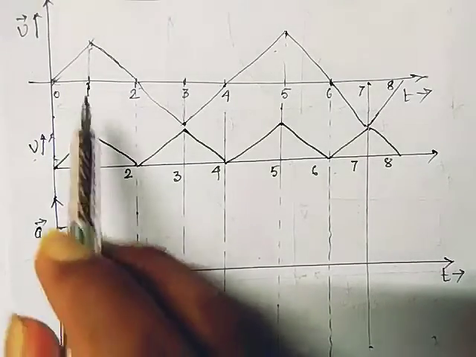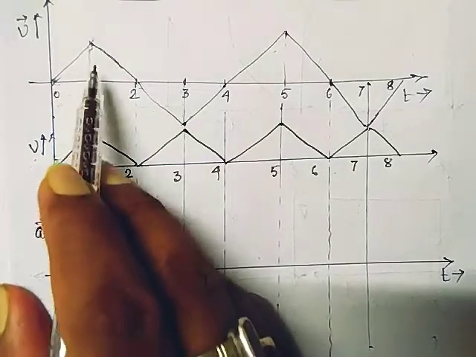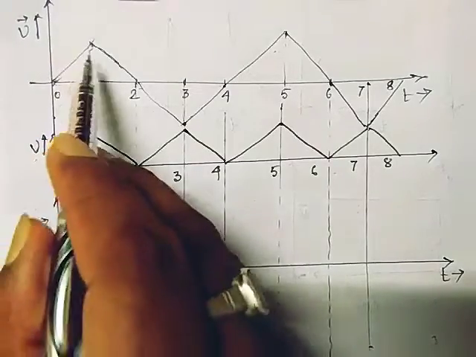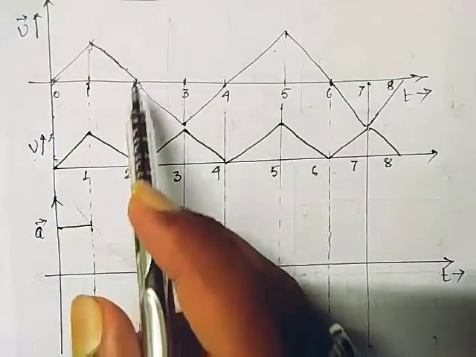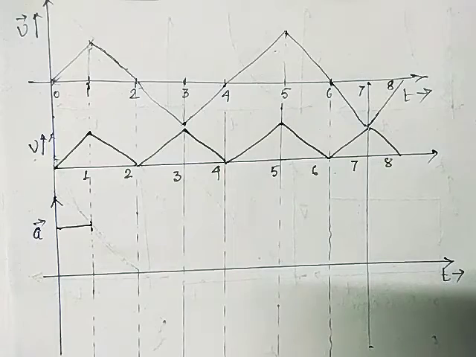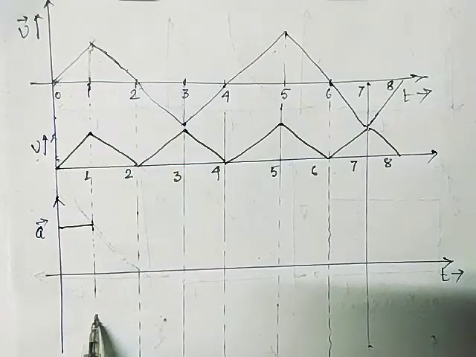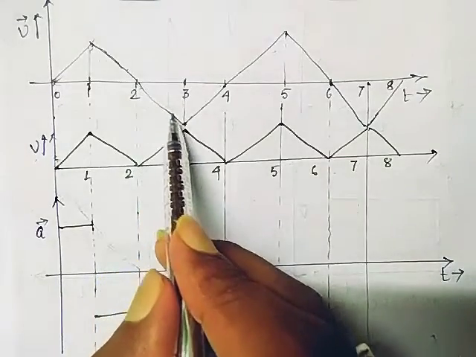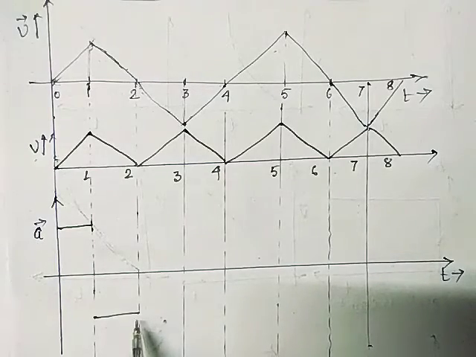After that, from 1 to 2, what will happen? The acceleration is decreasing and becomes 0. That is here the slope. Basically in the acceleration I am representing the slope of the velocity versus time graph. And the slope is negative and it is continuous up to 2. Again the slope is negative and it is continuously decreasing, the slope of the velocity versus time graph, and it will be continuous up to 3.